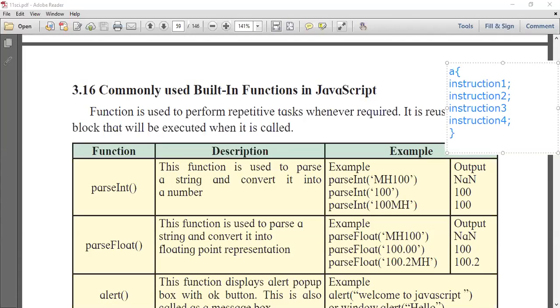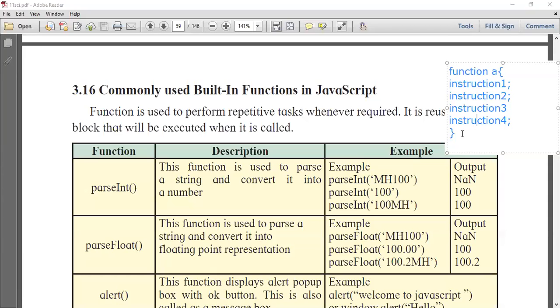Now this is a function, when I use the keyword function. This is called the definition of a function. I have created a function named a, and inside it are instruction 1, instruction 2, instruction 3, instruction 4.